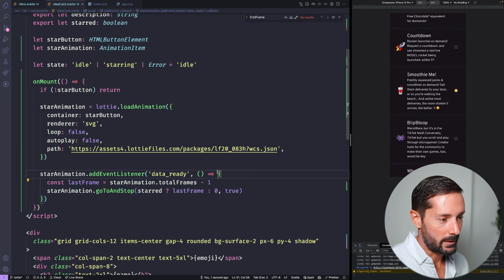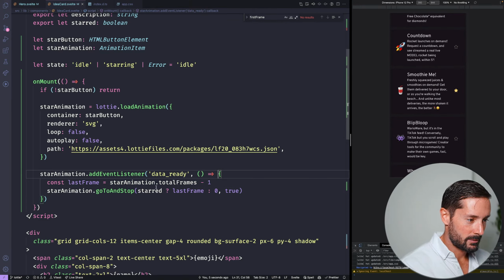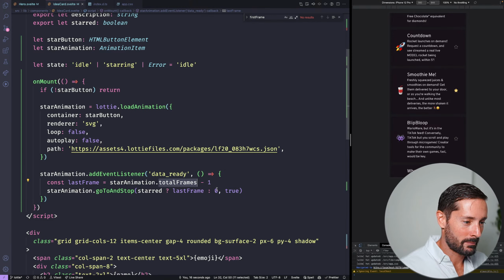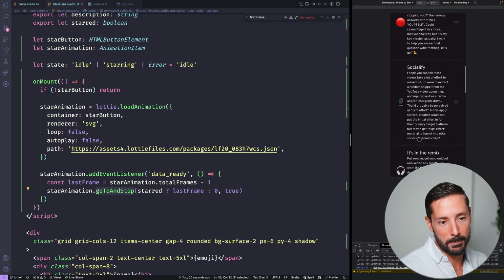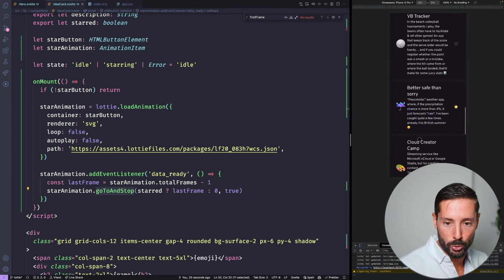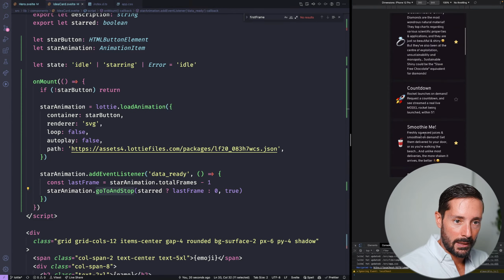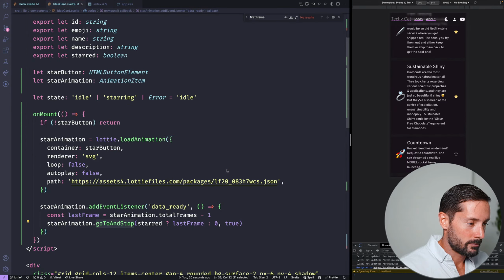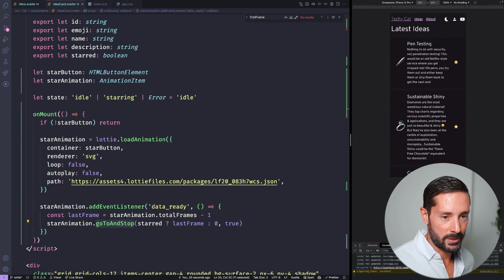Yay. All right, so it looks like we can easily tell it to go to and stop at the first frame because there will always be a first frame, but if it doesn't know how many frames it got yet, if it's not loaded, you cannot go to the last frame. Kinda makes sense. Cool. So now that this reflects reality, whether I've starred an idea or not,